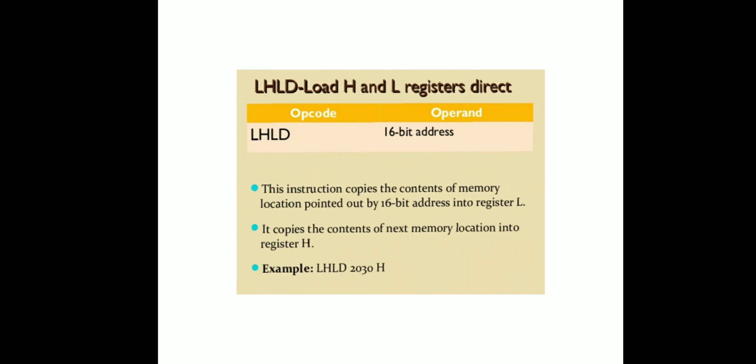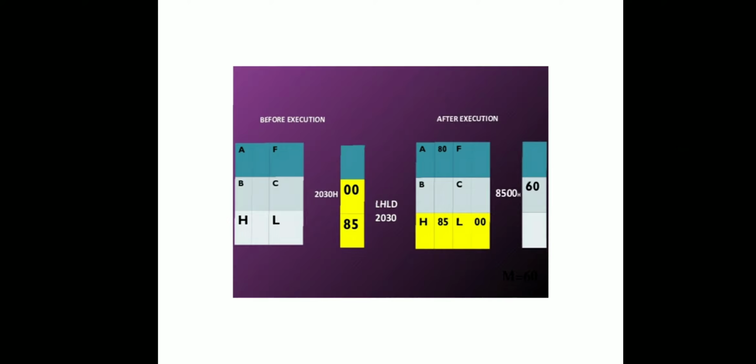LHLD, load HL register direct. This instruction copies the content of the memory location pointed out by the 16-bit address to the register L. Then it copies the content of the next memory location into the H register. For example,